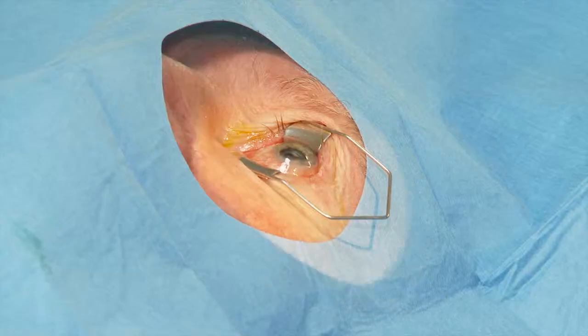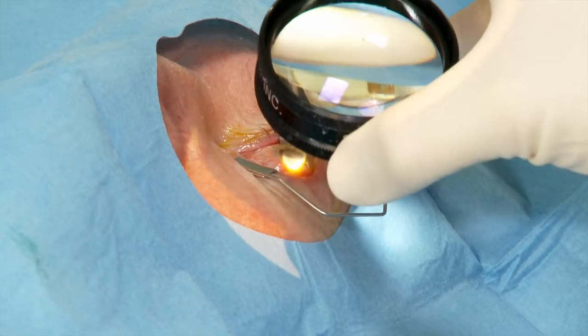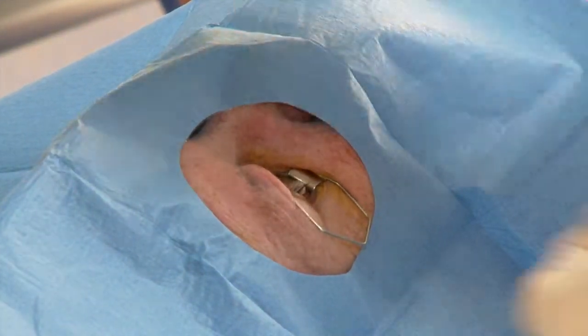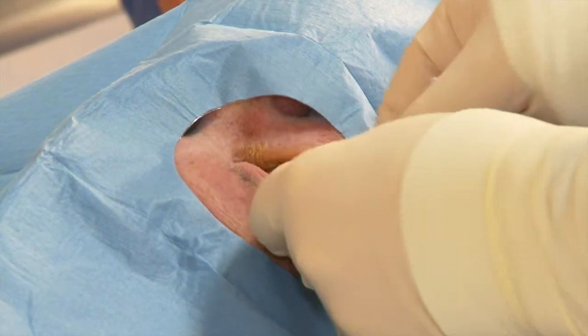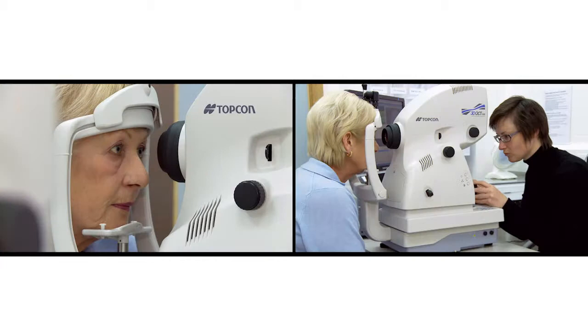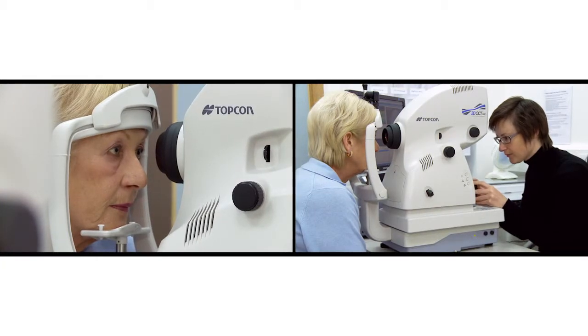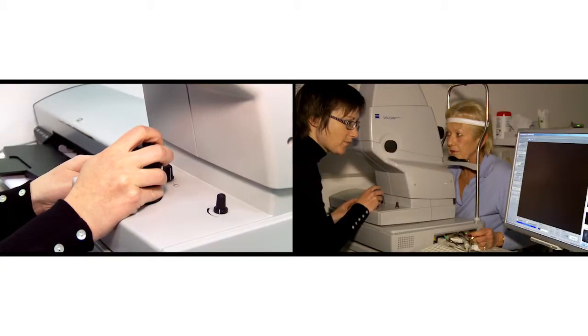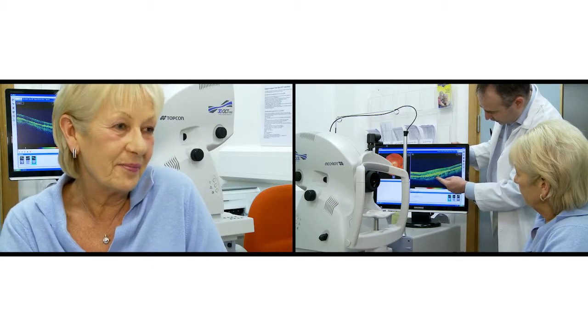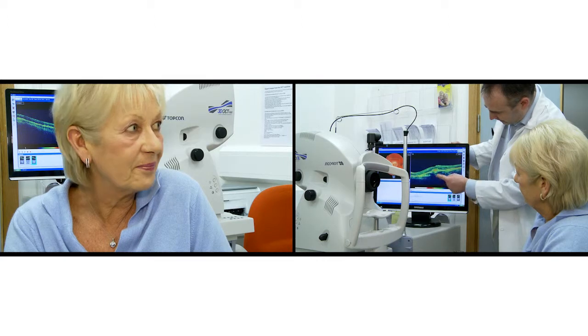In conclusion, there is a new and effective treatment for diabetic macular edema and neovascular or wet AMD, but this treatment is only as successful as access to that treatment. Prevention of blindness in these conditions depends on a rapid and reliable referral pathway. This includes a comprehensive initial consultation that results in a definitive diagnosis and a decision on whether or not to treat,